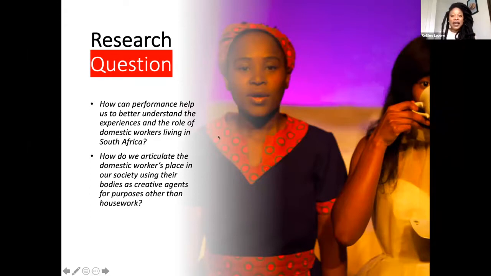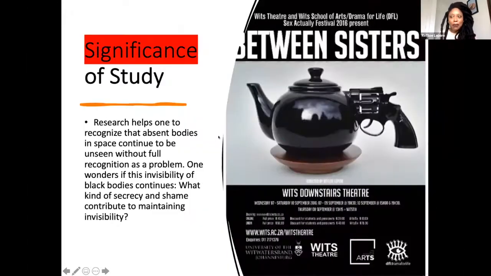So I created a play called Between Sisters that became a way of questioning. At that moment, when I was trying to figure out what question I wanted to ask, I was still struggling, trying to make sense of it. Then I created this play called Between Sisters. The play is about two sisters, so it's about Black madams and Black domestic workers, and about this differentiation, this individuality or invisibility that we think about with domestic workers. It's called Between Sisters because both are Black women, and what can these Black women think about in terms of are they sisters, are they related, are they not sisters, and what is that concept of really fully recognizing